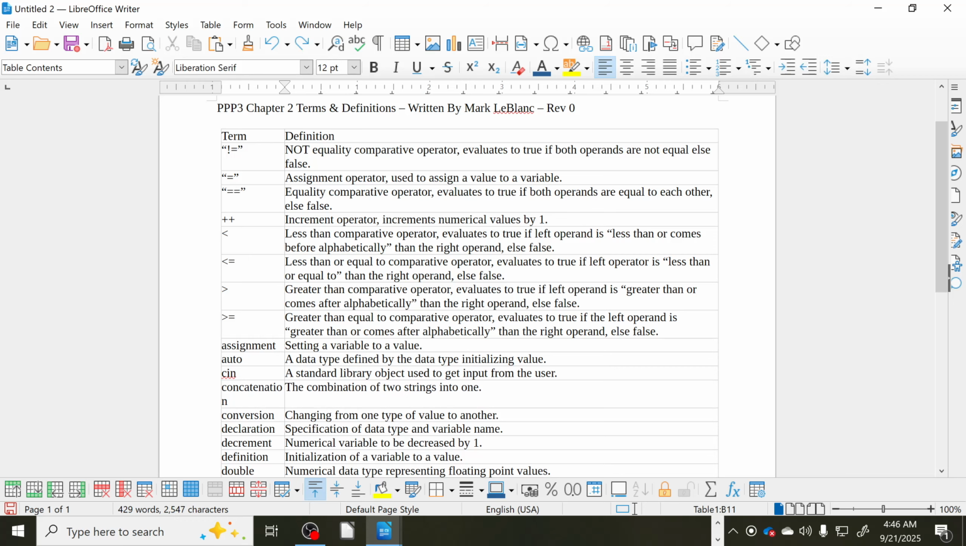We have the auto term, which is a data type defined by the data type